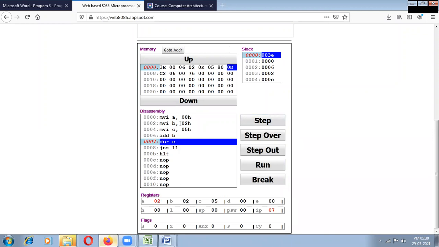A plus B, 02 result. Then decrement C. C already, what is the value? 5. Now 4. See, 4. Jump not 0. Again control will go to add. Now add how much? Add B. Now the accumulator gets the value of 4.